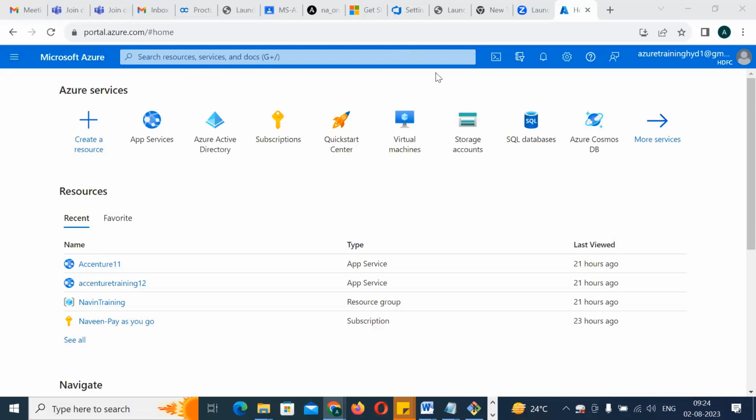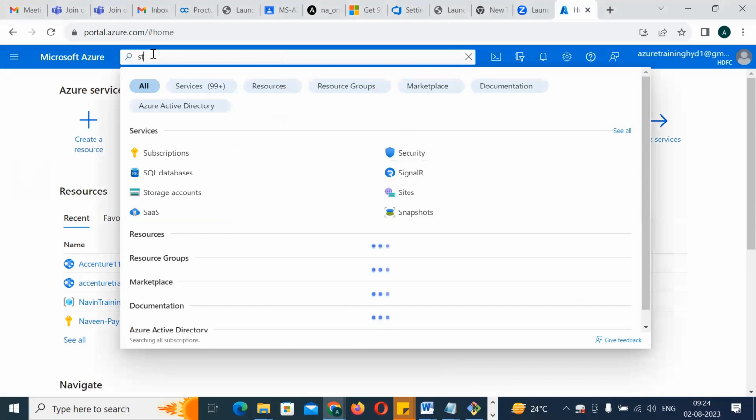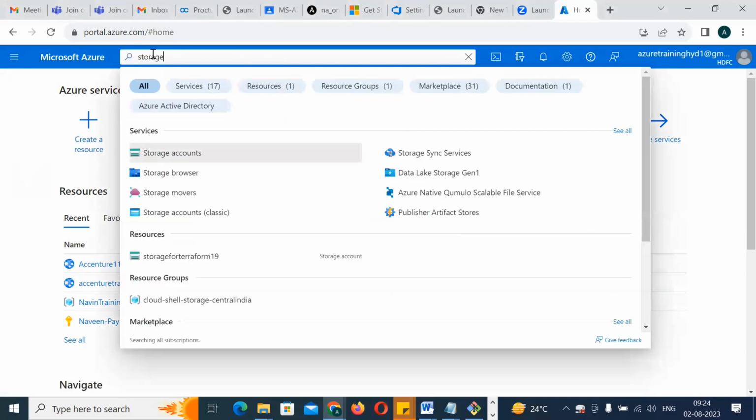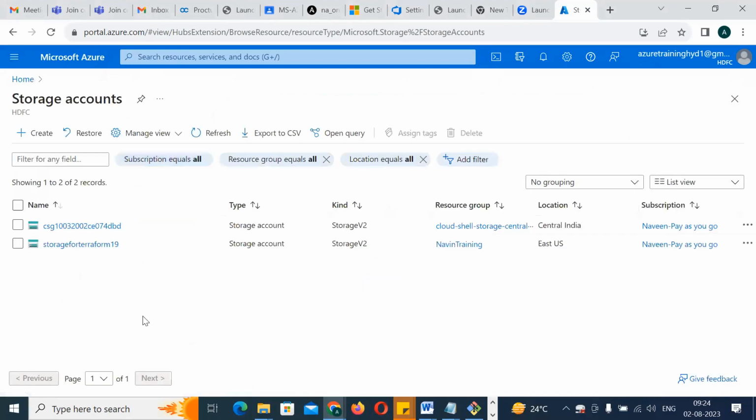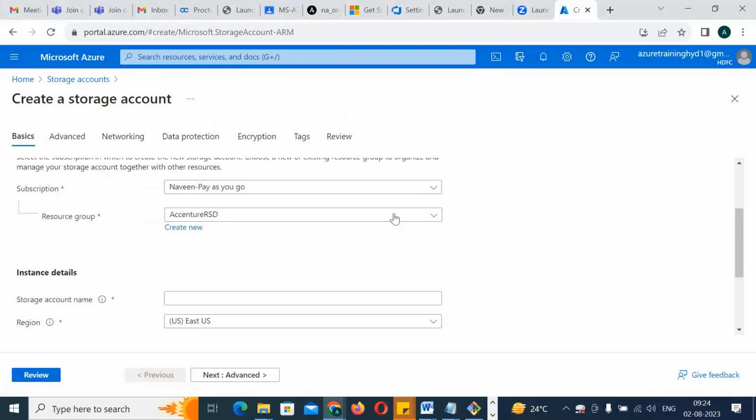Okay. So what is here? We'll go here to the portal account and we'll try to create our storage actually. Okay. So we have an option over here. Just type it as storage. Okay. Storage. So you'll get a storage account here. Click on that. Come back here. You have the create option. Just click on create. Now when it is prompting you to create the storage, you will be asked for